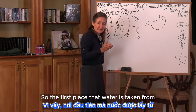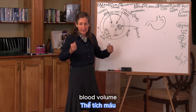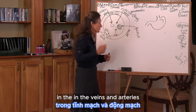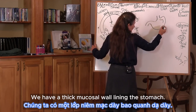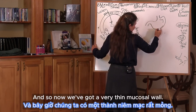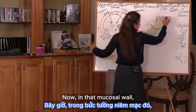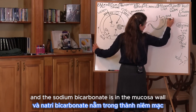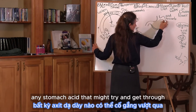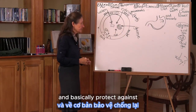So the first place that water is taken from to try and maintain full blood volume in the veins and arteries is the lining of the stomach. We have a thick mucosal wall lining the stomach, and so now we've got a very thin mucosal wall. Now in that mucosal wall there's sodium bicarbonate, and the sodium bicarbonate is in the mucosal wall to neutralise any stomach acid that might try and get through, and basically protect against